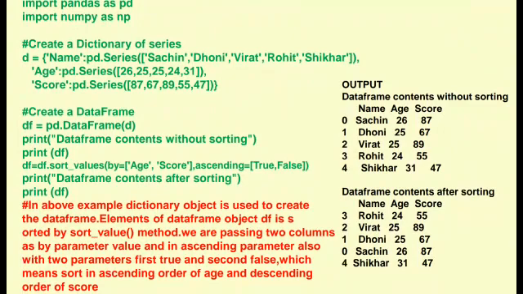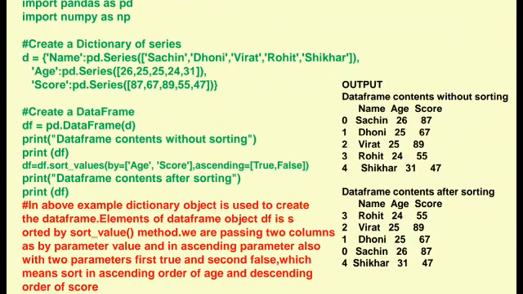Now df is equals to df.sort_values, bracket, by equals to inside square bracket 'age' and comma 'score' in single quotes. Earlier we worked with only a single column for descending order, only score we called, but now we are working with two columns, so that's why we are writing in square brackets with single quotes. First column is age and comma, and another column is score. Now we are working with two columns, close square bracket, small bracket, then ascending is equals to inside square bracket true, comma, false, close square bracket and bracket.